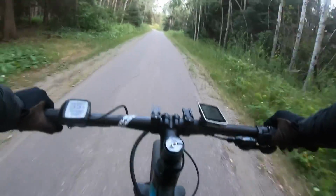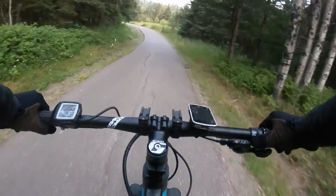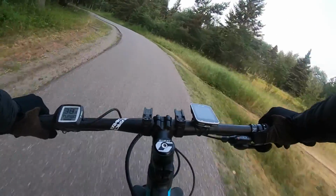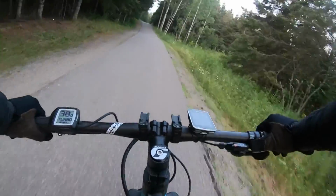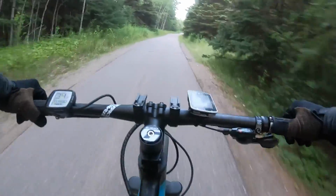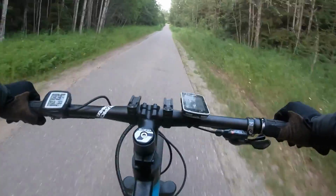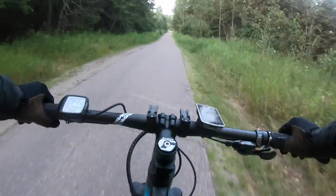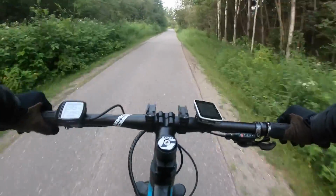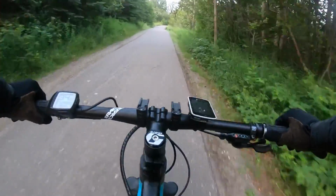Because up any sort of gradual slope, this thing just powers along. Puts out consistent power. So on the way home, my ride is flat and it's all gradual uphill. So I can, on this thing, I can usually average like 29, 30 kilometers an hour, even with significant amounts of uphill. It's all gradual uphill. I wouldn't say any of it is really steep, but